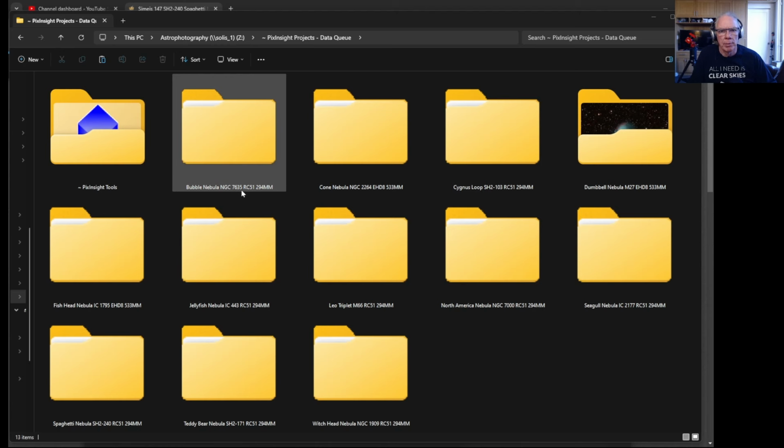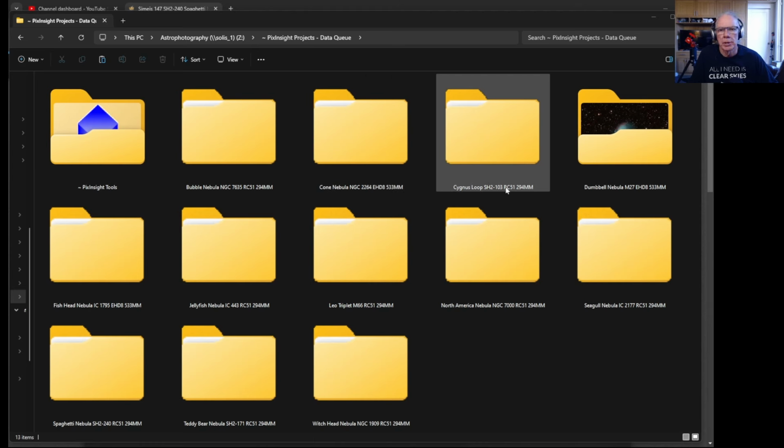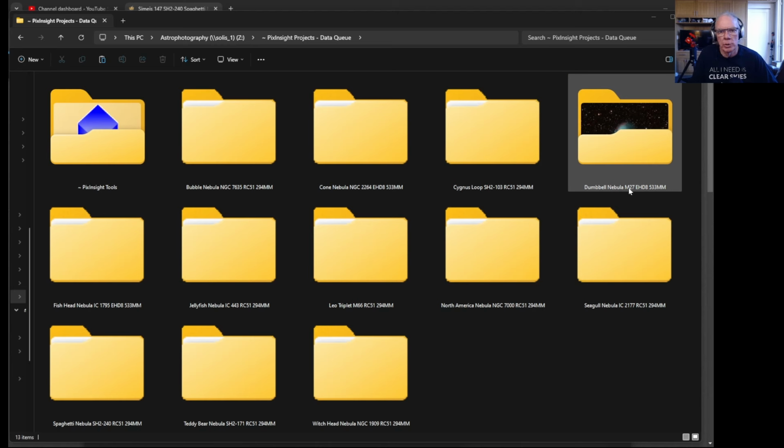I've got the Bubble Nebula. I already have one image up on Astrobin, but that was shot with my Edge HD8. So here's one captured with the Red Cat 51. Again, I have some data from the Cone Nebula that I collected with my Edge HD8. Cygnus Loop that I just captured in October and November new moon period. The Dumbbell Nebula, which is an Edge HD image. It's partially